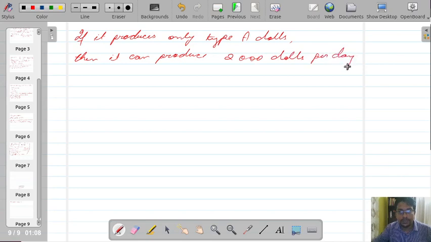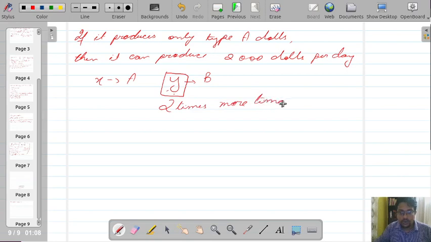In one day it produces x dolls of type A, and in one day it produces y dolls of type B, but since the doll of type B requires two times more time than the doll of type A,